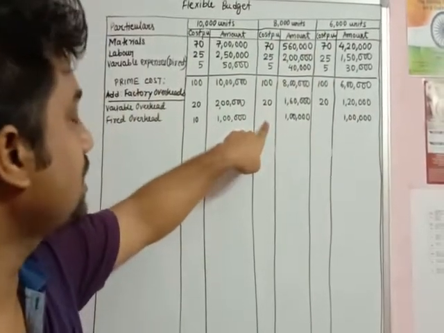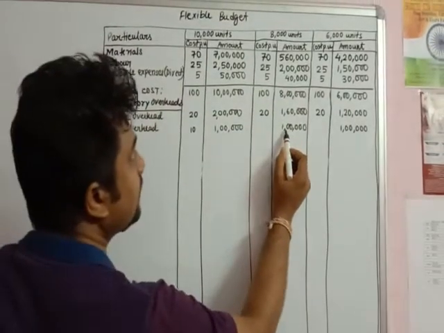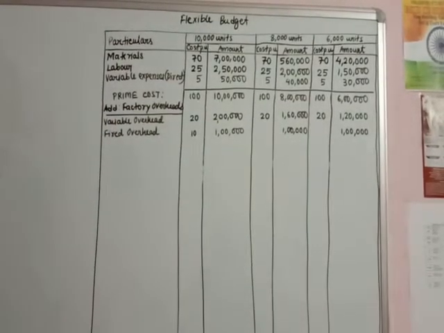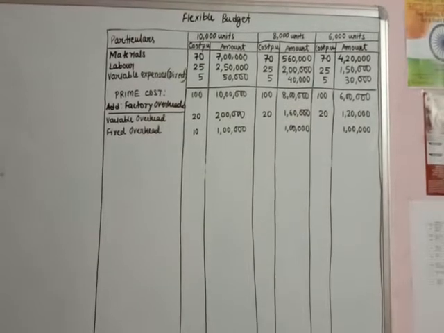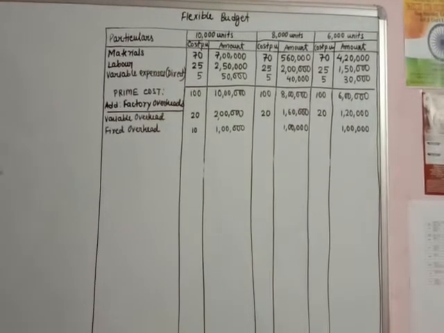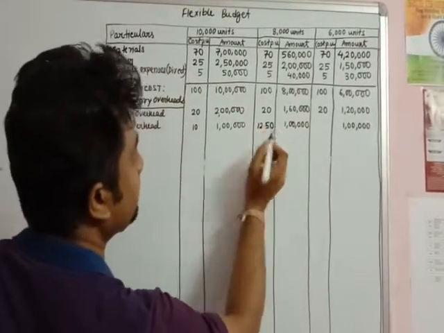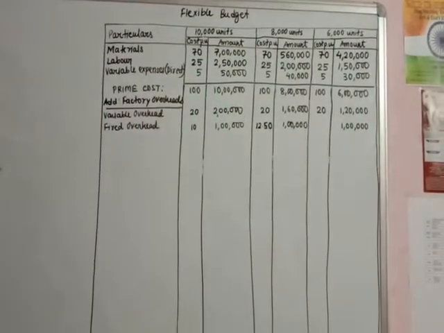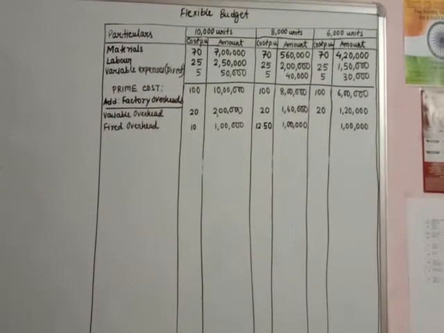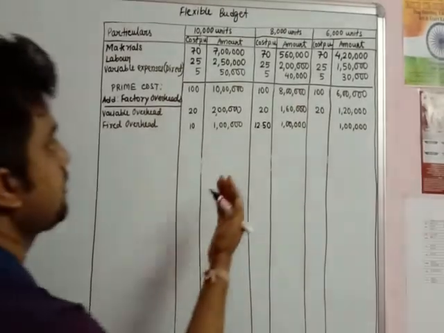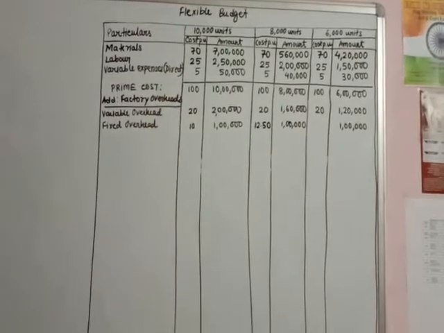But the cost per unit will not remain the same in this case. So now how will you find out? Say with regard to 8,000 units, you will calculate 1 lakh divided by 8,000. So if you divide 1 lakh by 8,000, you get how much? 12.50. So see, if you produce less, the cost per unit is more. That is the basic funda that you all know, that as we increase the production, the cost per unit of the fixed expenses keeps on coming down.